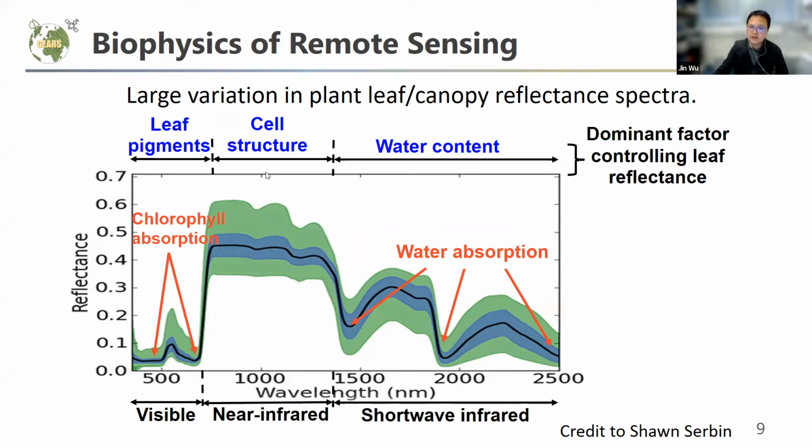And it is also really sensitive to the cell structure and the thickness of the leaf. Normally, if a leaf is really thick, it can also reflect higher energy in this region. And if you go beyond a single leaf to an entire canopy, like a tree, how many layers of leaves there are can also contribute to this. If you have more layers of leaves, this value can also be really high. So that means even in a spectral response curve, a lot of underlying biochemical and biophysical properties can be embedded. That also provides a quantitative way for us to understand biophysical processes.